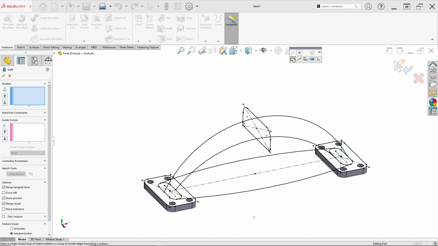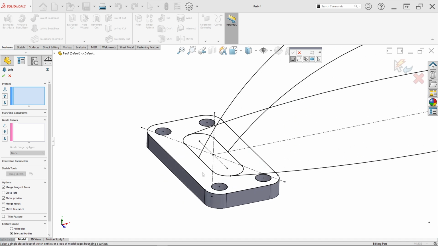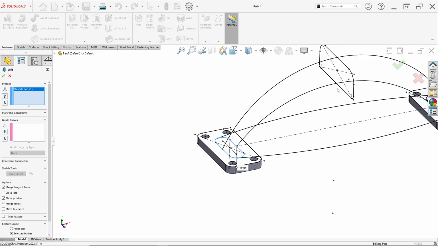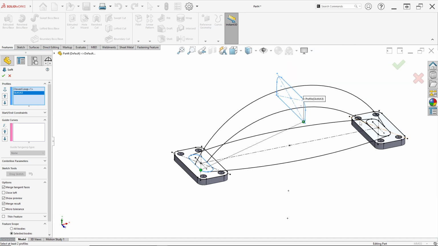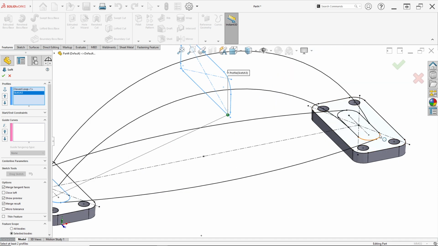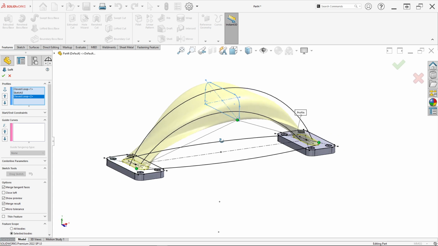In here click this arc and this slot line, and click OK. The name is closed loop one. Again click this sketch 3 and this slot, select closed loop and click OK like this.